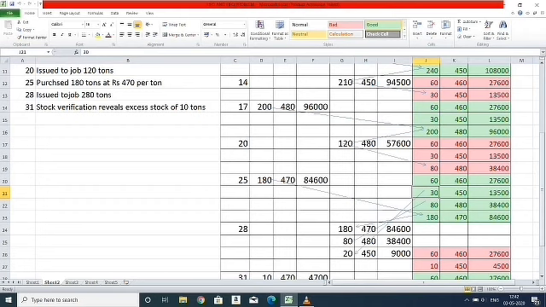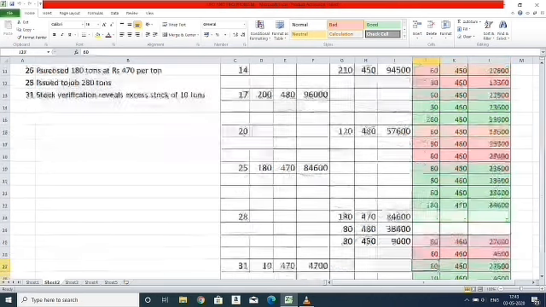In our closing stock, now we have this 60. Then we take 20 from this 30 and its balance reduces to 10. In our closing stock, we have 70 units, 60 and 10. 60, its rate is 460, 27,600. From this 30, we already took 20 tons and its balance is 10 tons. Rate 450. So our closing stock on 28th January comprises 60 into 460, 27,600, then 10 into 450, 4,500.